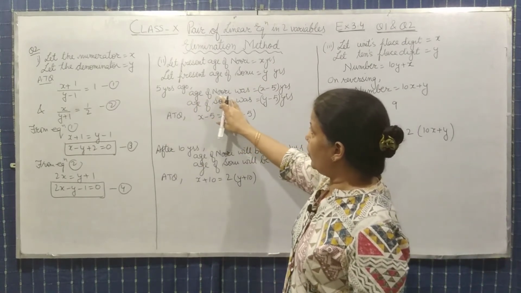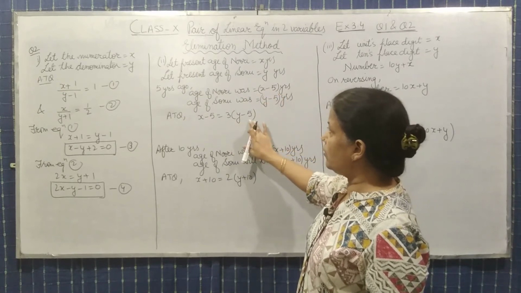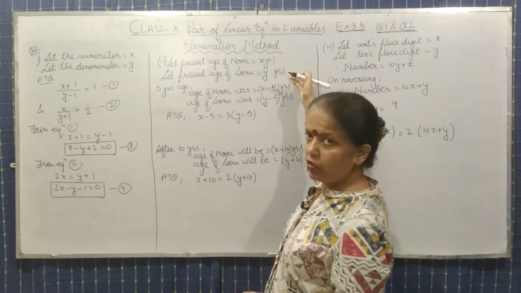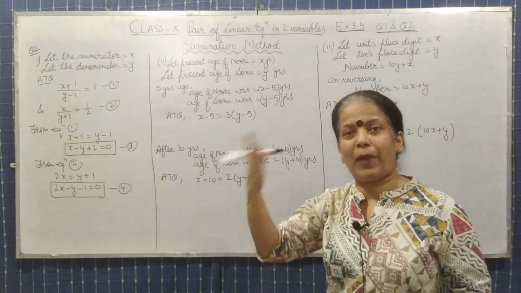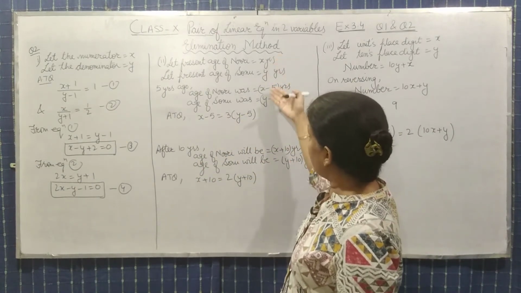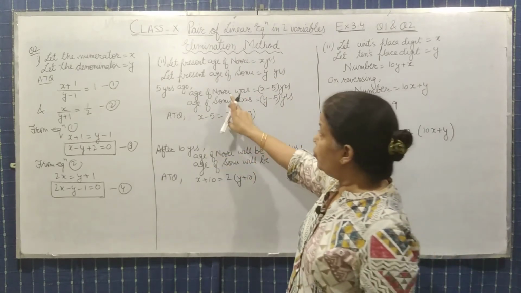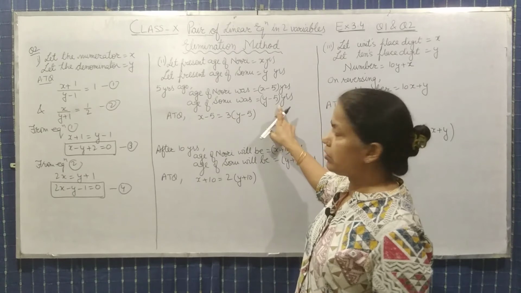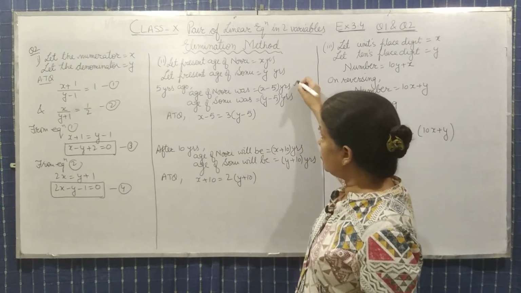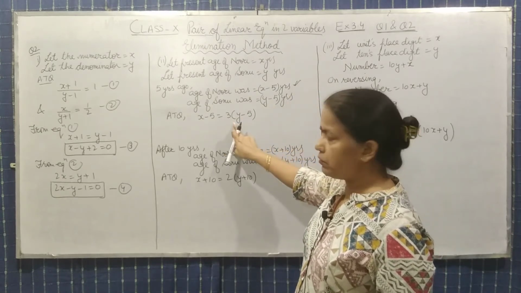5 years ago, age of Noori was 3 times the age of the Sonu. So we will assume the present age of both. So 5 years ago, 5 साल पहले हम दोनों की एज निकाल लेंगे सबसे पहले. So x minus 5 and y minus 5. And 5 years ago, Noori is 3 times as age of Sonu. So we will write this equation. Noori, this is Noori's age. This is 3 times of this. Okay. Now this will be the equation.